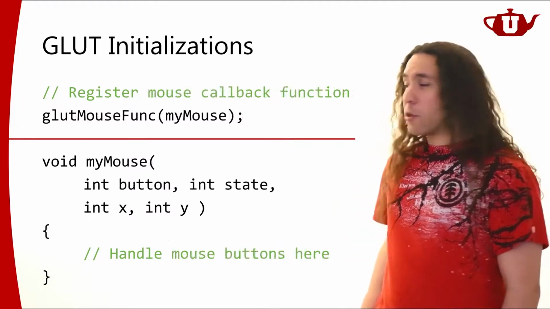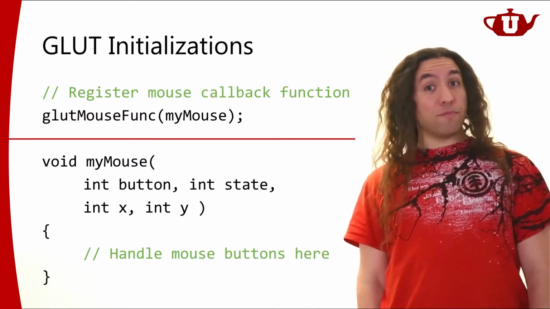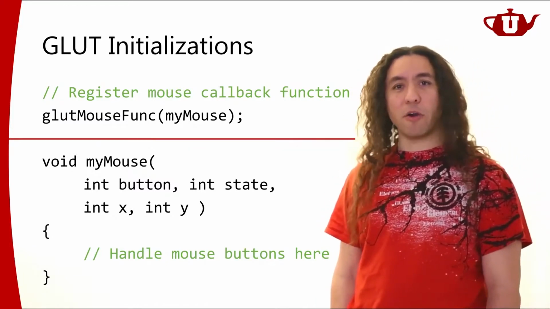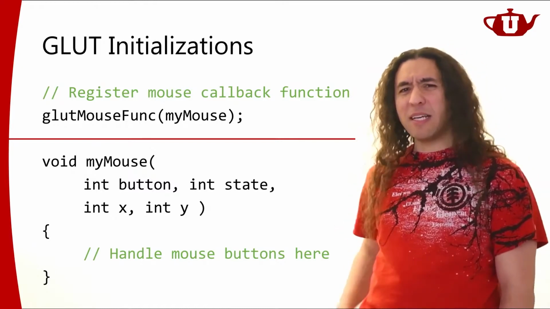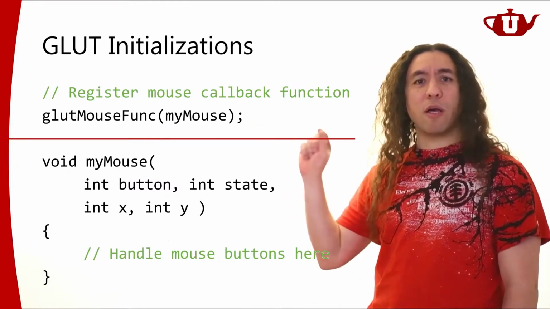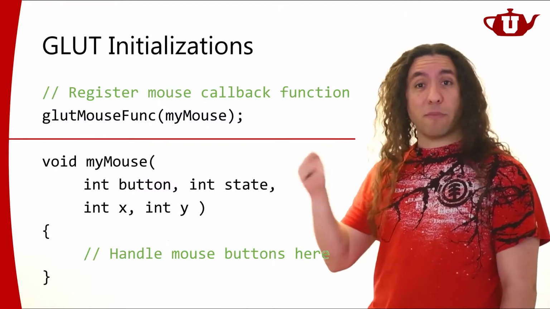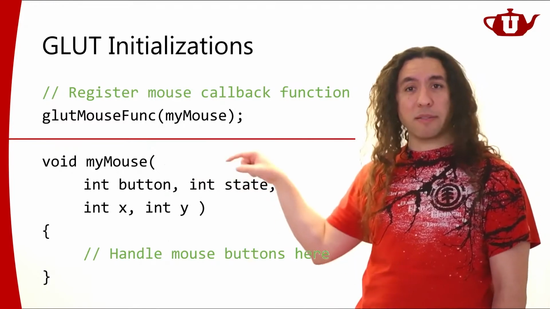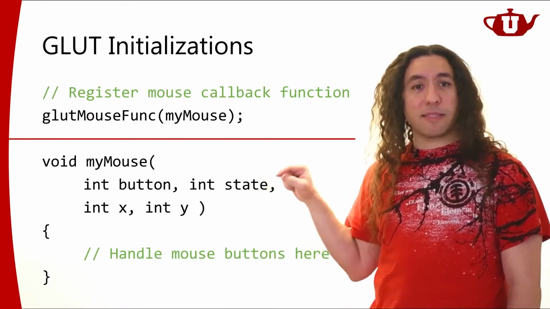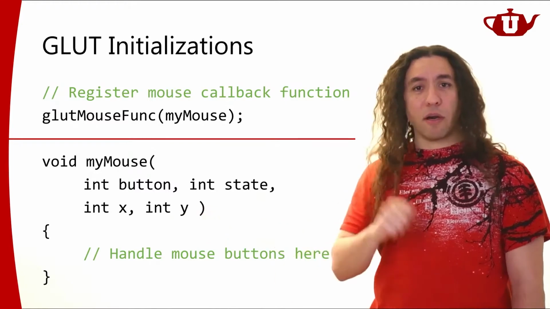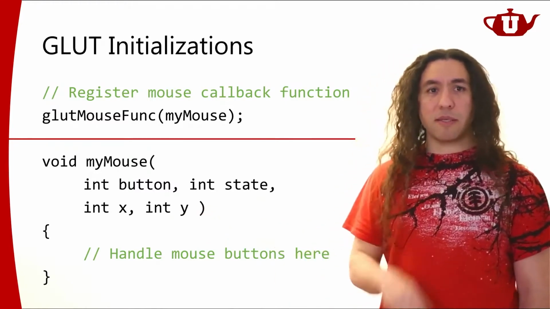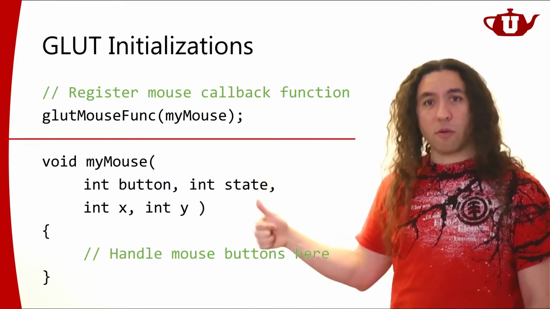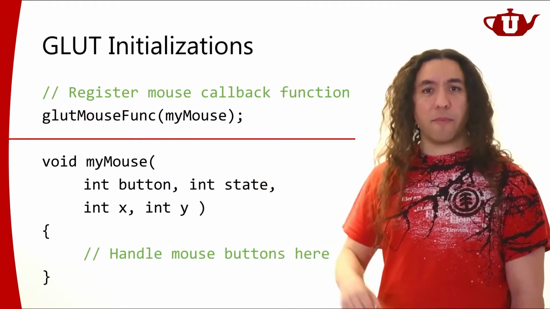Okay. Of course, we also need to get the mouse. Now, when you think about mouse, you might be thinking about the mouse pointer position, but no, you're not going to get quite that. This is associated with the mouse buttons. So if you click on a mouse button, Glot will call this function of yours. That's going to have the name of the button, left, right, middle, states up or down, and then XY coordinates of the cursor. So if you just click on some place, this function will be called twice actually, because you'll get one call for down, one call for up. Mouse button down, button up.